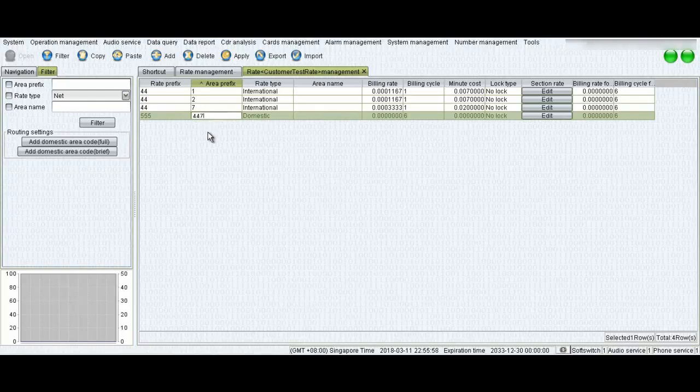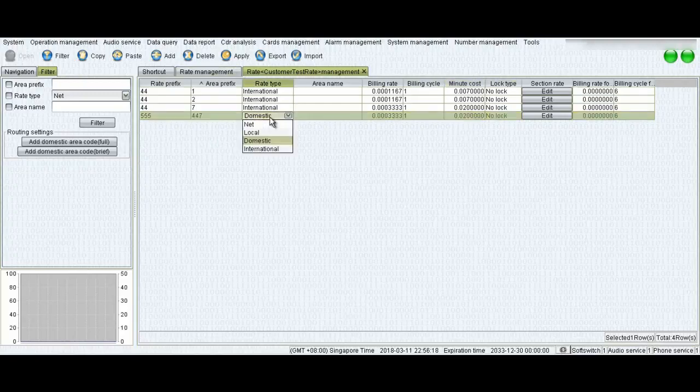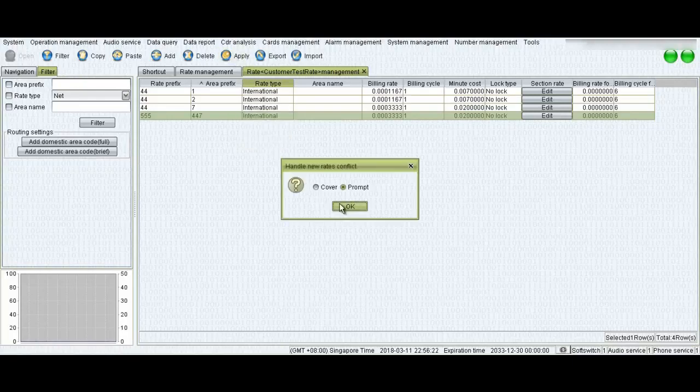So you will enter 555 and 447, and you can change the billing cycle to 1 by 1 and the rate to 0.02 cent per minute, and select international and click the apply button to make the changes.